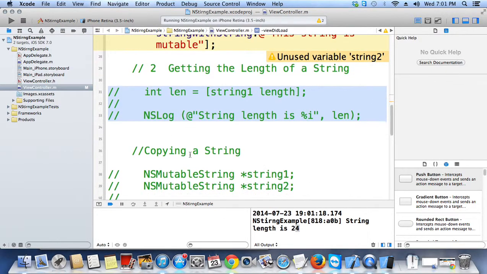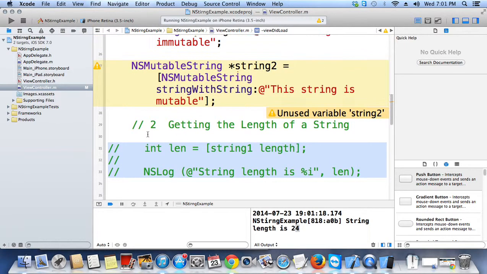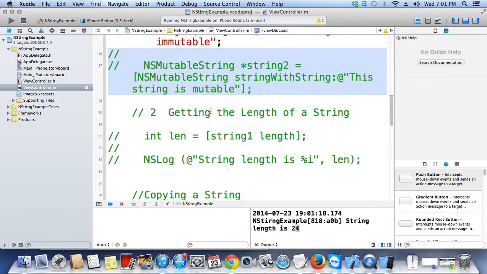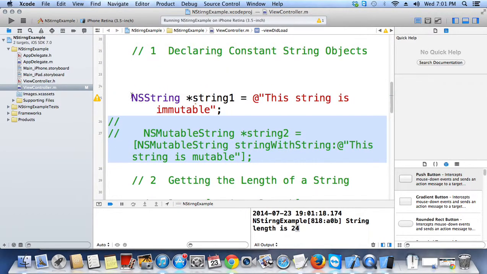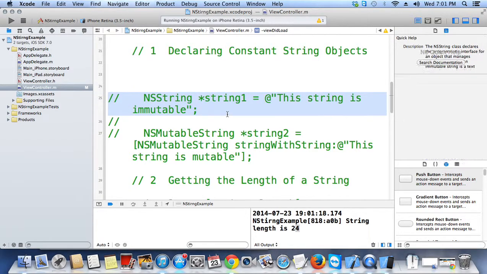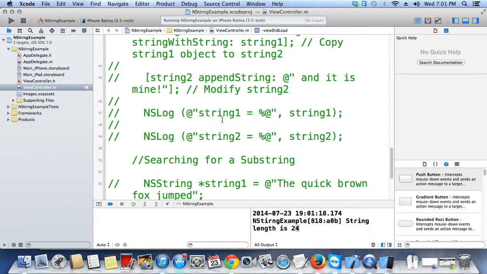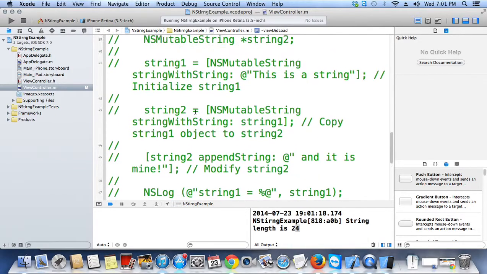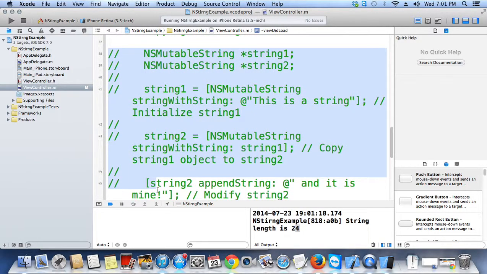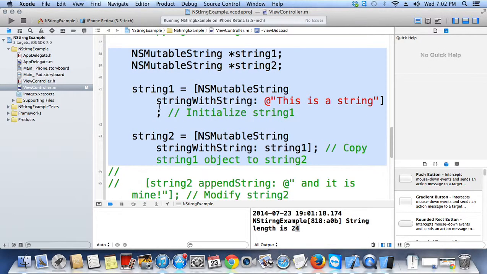Next you see how to copy a string, from one string to another string. For that you have to take two mutable strings, one is string1, the other string2.